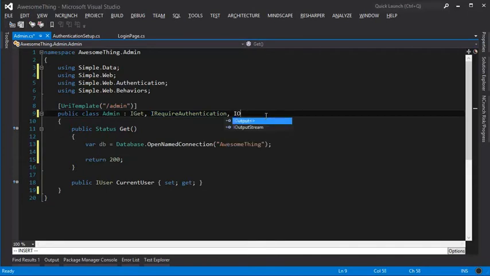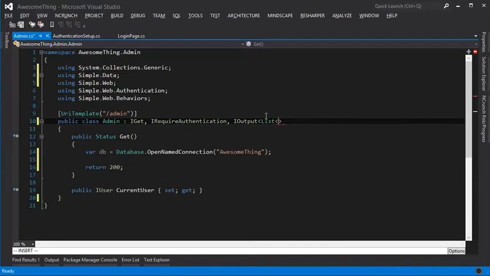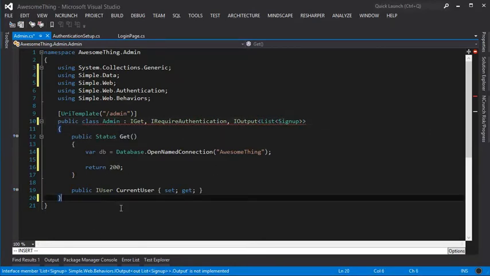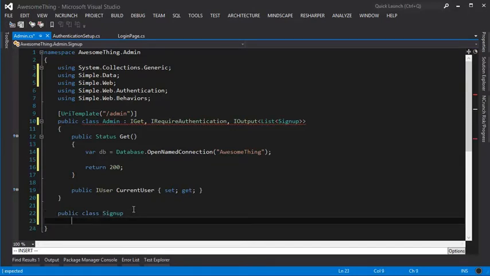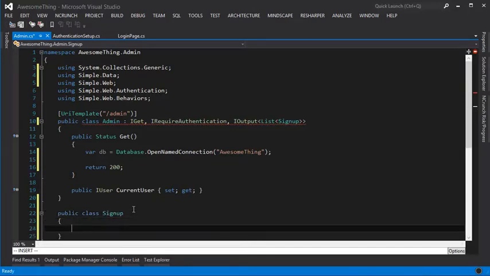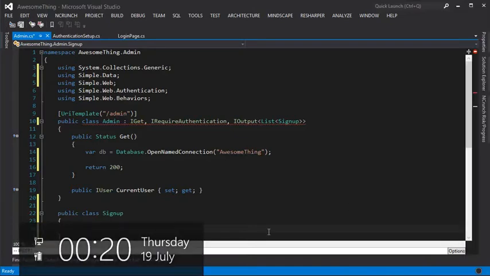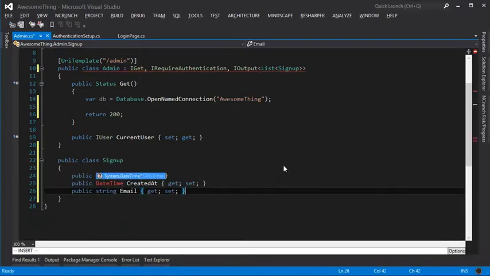So we'll say I output a list of sign up, and we'll just create our own local sign up class here as well, that's got more information in it than our previous sign up class did, and we'll pull in the GUID and the datetime and the email in there,